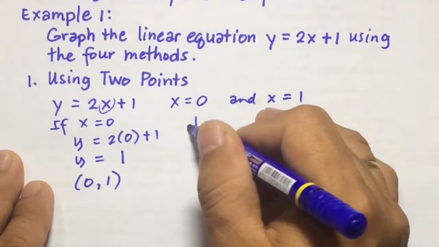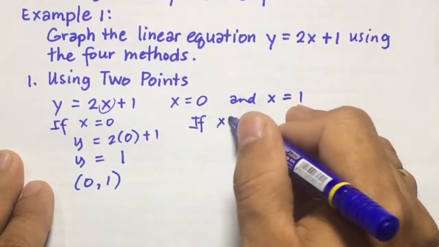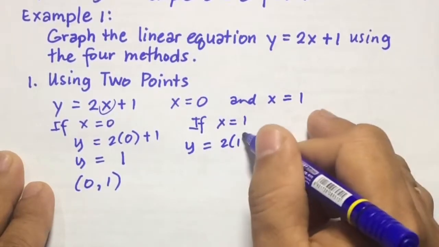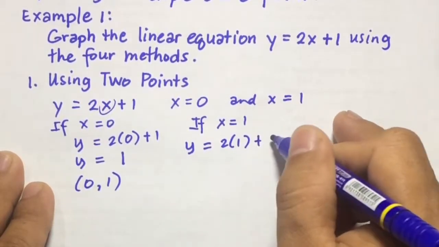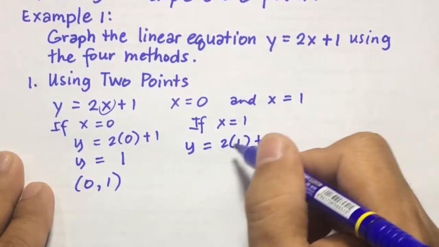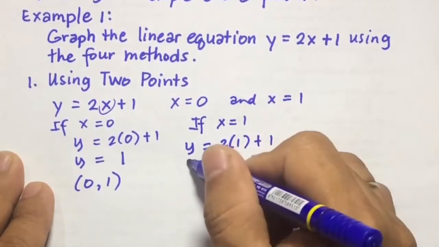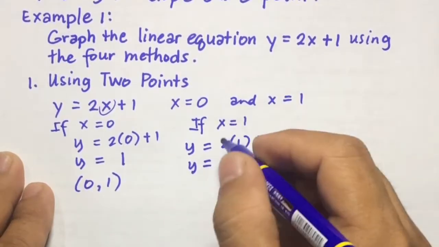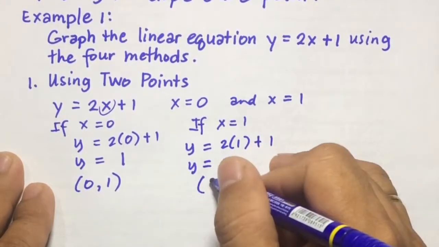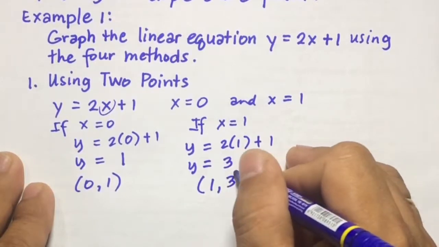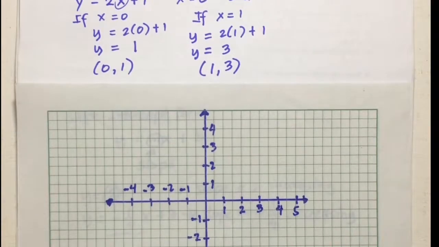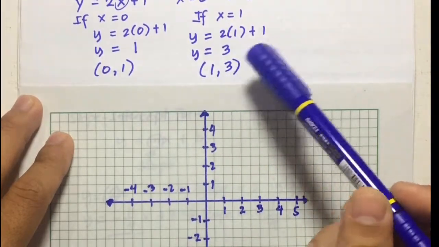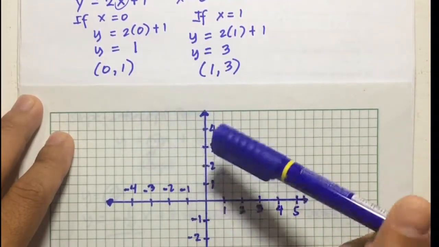Then if x is equal to 1, y here will be equal to 2 times 1, then plus 1. So 2 times 1 is 2, plus 1, y here will be equal to 3. So x is 1, y equals 3, so your second point will be 1, 3. After finding these 2 points here, 0, 1 and 1, 3, we're going to plot them in a